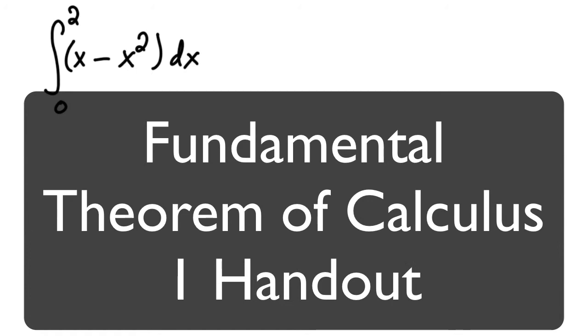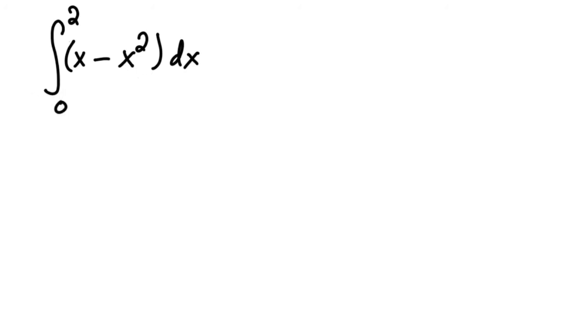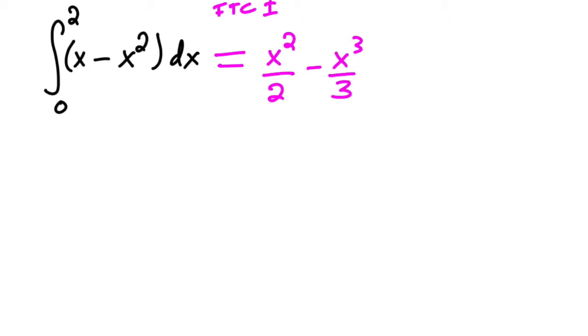Okay, so we want to find the integral from 0 to 2 of x minus x squared. Using the fundamental theorem of calculus, part 1, which says find the antiderivative, which is x squared over 2 minus x cubed over 3, right? Just using the backwards power rule. And then the fundamental theorem of calculus says plug in